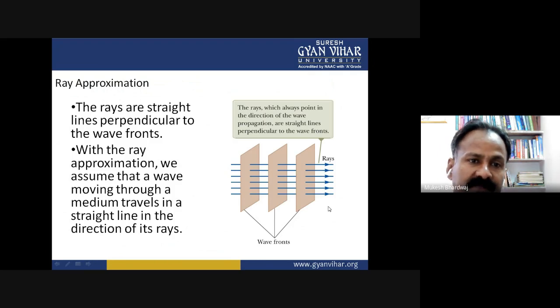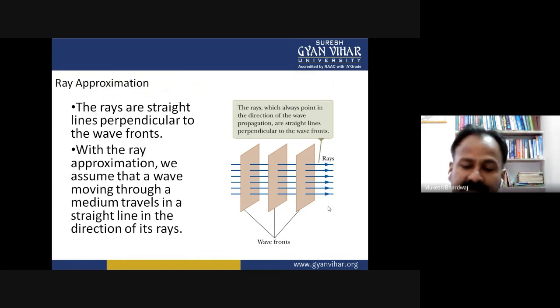In the ray approximation, the rays are straight lines perpendicular to the wavefronts. The rays always point in the direction of wave propagation. With the ray approximation, we assume that a wave moving through a medium travels in a straight line in the